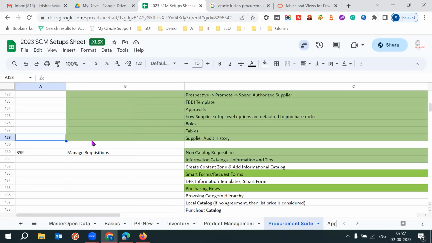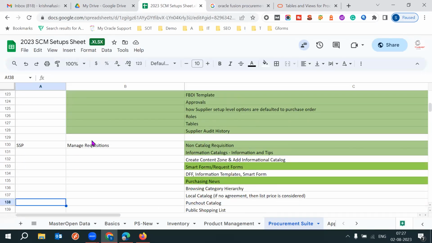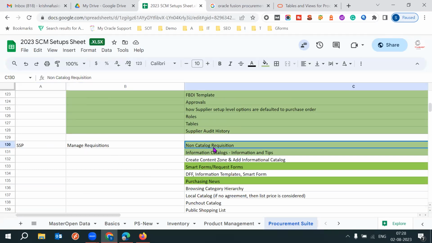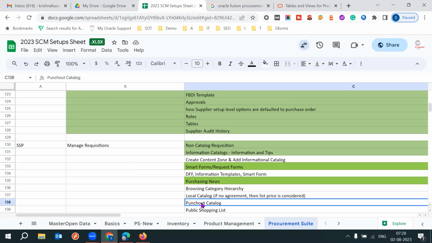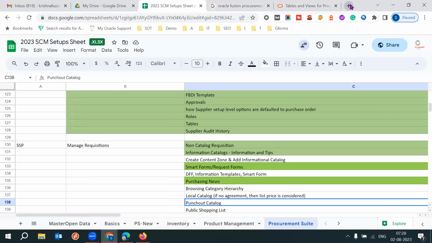So that is about suppliers, and moving on to the SSP module, self-service procurement. In EBS, it's called iProcurement. And here, a lot of different types of requisitions are there: non-catalog requisition, punch out requisition, catalog requisition. I will quickly walk through those requisition types